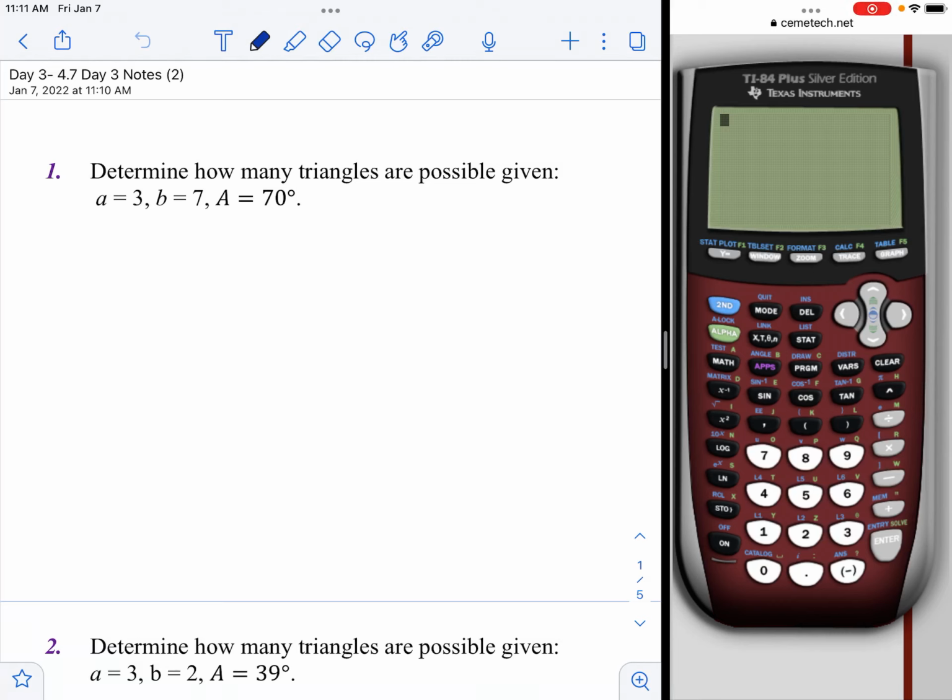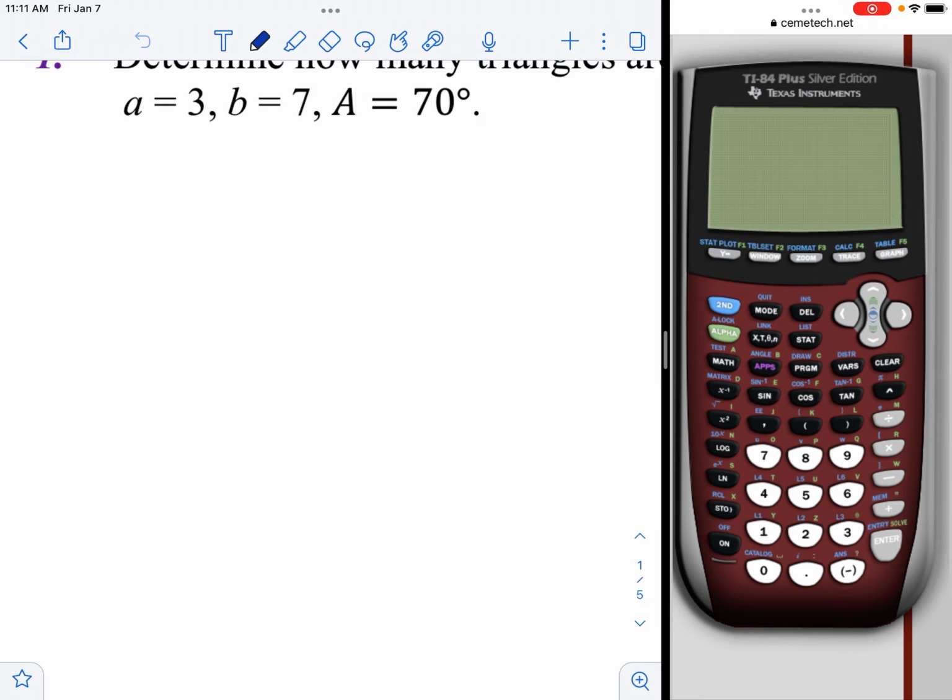All right, so this is just practice on law of sines, law of cosines. It's a nice little mix up here. You have to decide what you're using. Little review. All right, so this one says determine how many triangles are possible given, and then I'm given two